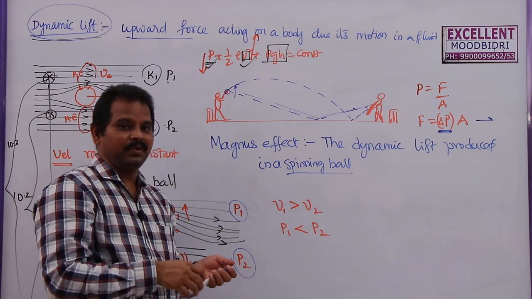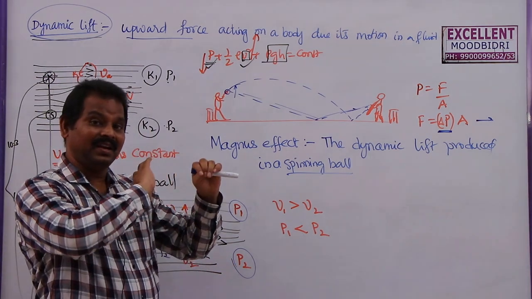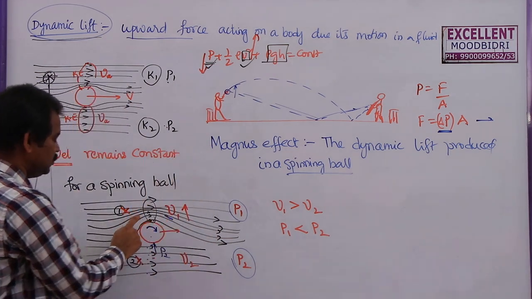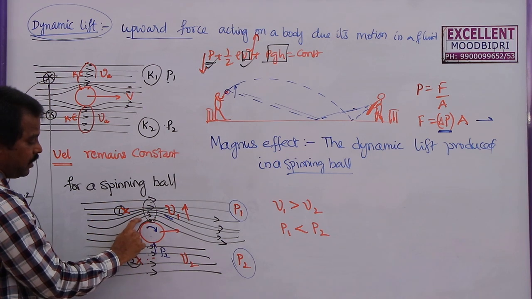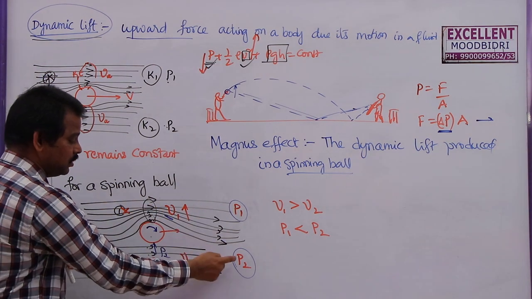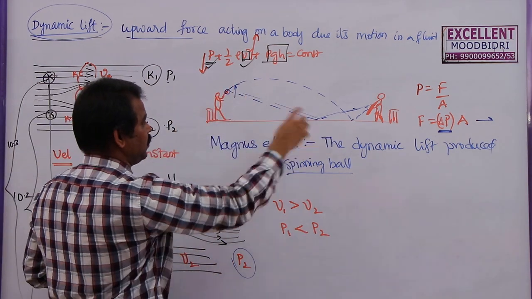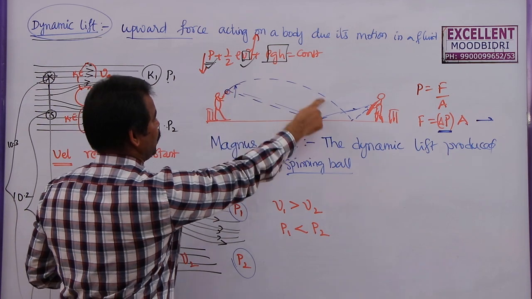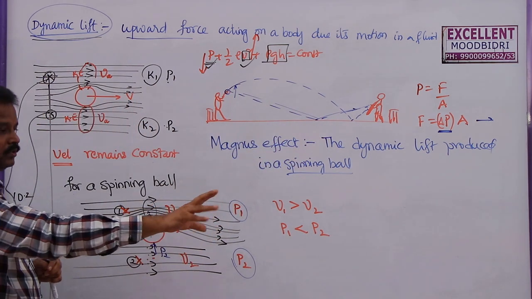So while they are rubbing this ball, whenever the surface of the ball is rough, it can drag more air. When more air is dragged by this ball, the velocity will be more there, pressure will be less. So the bowler is able to create that dynamic lift on the ball so that he can flight the ball more, so it can spin viciously to confuse the batsman.